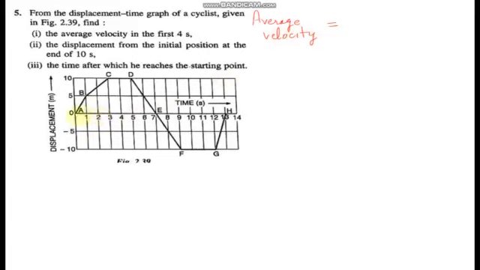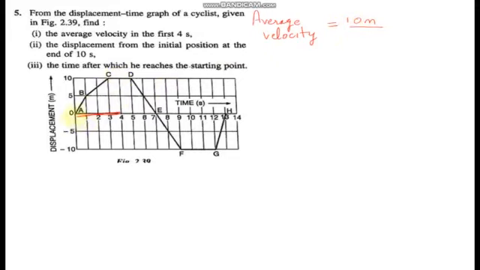Now, we have to find the average velocity only for 4 seconds. 4 seconds में कितना distance travel हुआ है divided by कितना time लगा है. How much distance has been traveled? Now, from first 4 seconds पहले 0 distance था, उसके बाद distance हो गया 10. 4 seconds पे distance कितना है? 10, और 0 पे कितना है? 0. So that means total distance traveled is 10 meter.